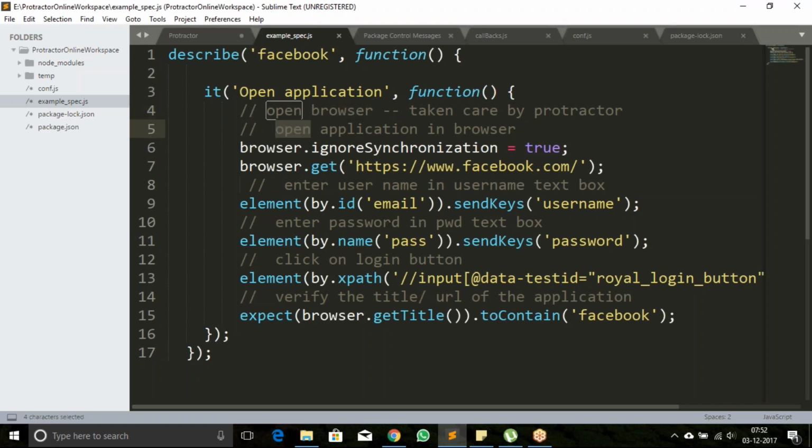After that, open the application in the browser. To open the application, we have the method in Selenium, driver.get. In Protractor, browser.get of your URL. This URL should be a fully qualified URL. What is a fully qualified URL? The URL should contain HTTP or HTTPS, and only then will Protractor or Selenium